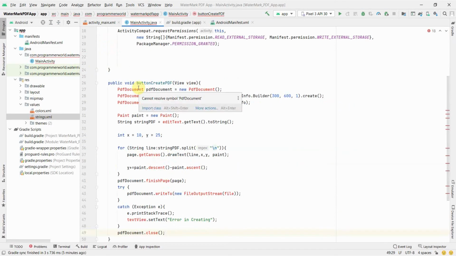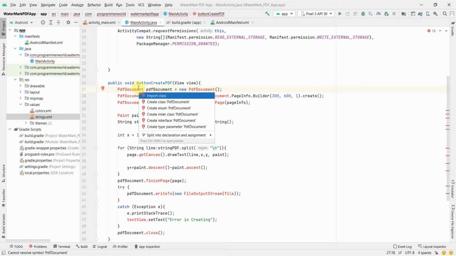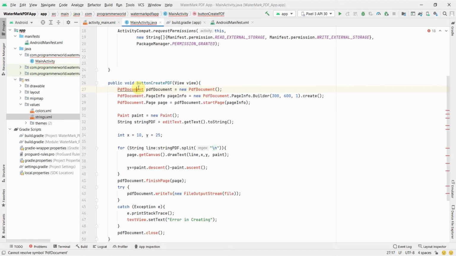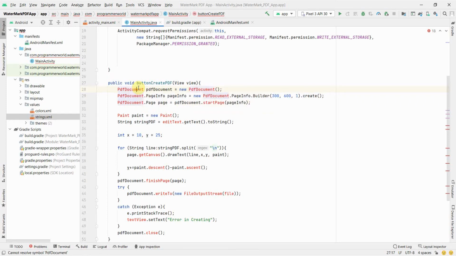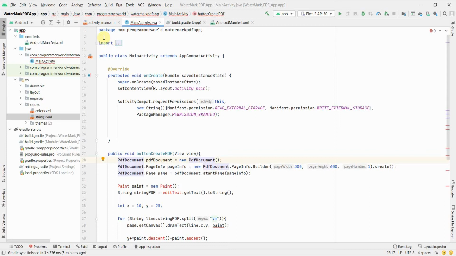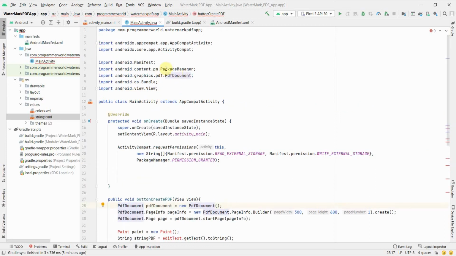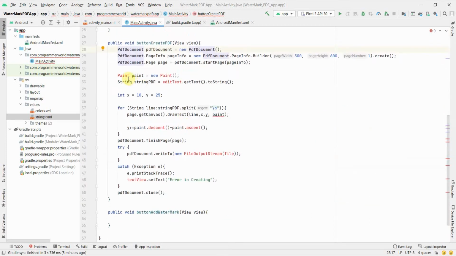So here I just copy pasted the code from there. It was pretty simple, and once this prompts, just press Alt Enter so that the respective classes are imported. You can go and check, these things will get imported at the top, and you can do this Alt Enter, and okay.